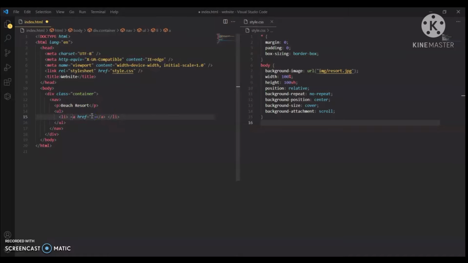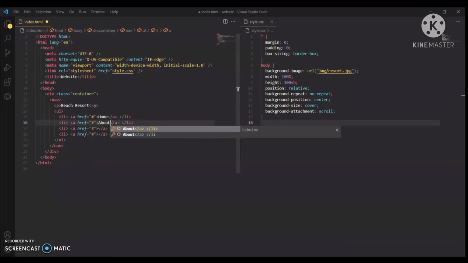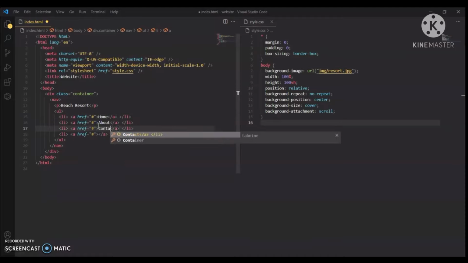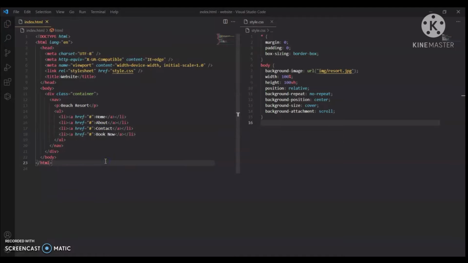Here, instead of the text, if your company has a logo, you can use the logo instead of beach resort, that is our text. We will give names to it: home, about, contact and book now. So let's see the output.